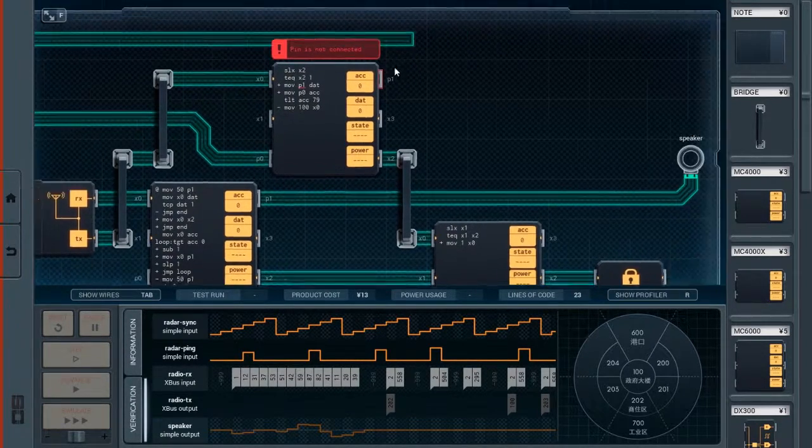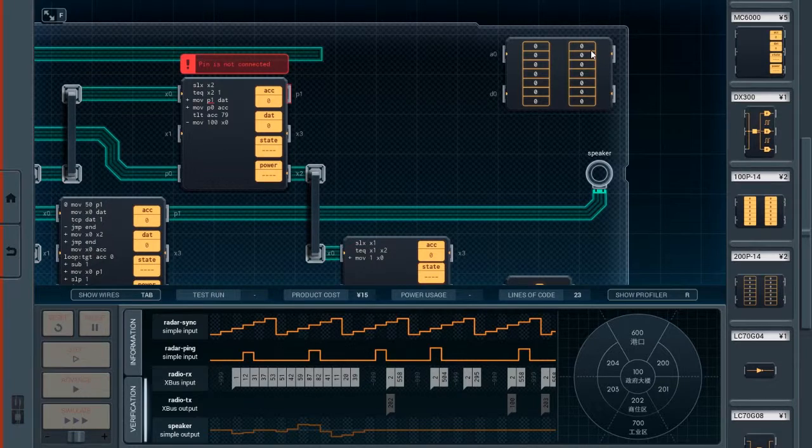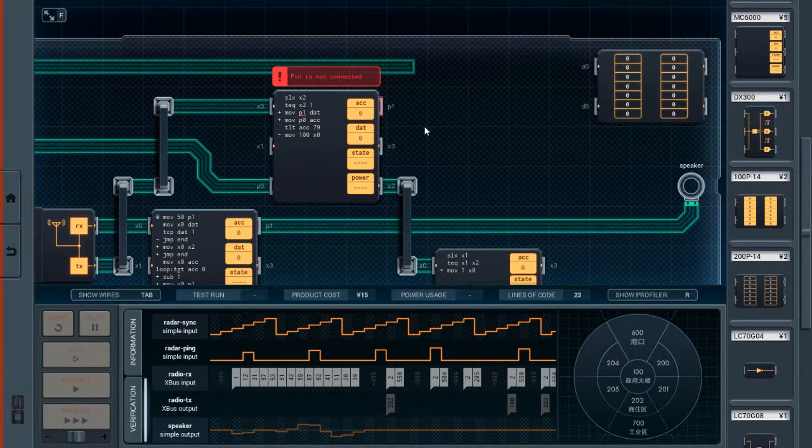Okay, well, what if I did this separately? Maybe I could have a ROM chip. Okay, yeah. Now then, if sync is 0, then it's 600. If it's 20, it's 200. Sync is 40, 201. If it's 60, it could be 202, or it could be 700 if ping is less than or equal to 50. If it's 80, then it's 203. If it's 100, then it's 204. If it's 0, it's 600 in all cases except if the ping is greater than or equal to 80. Test equal. Oh wait, no, I removed